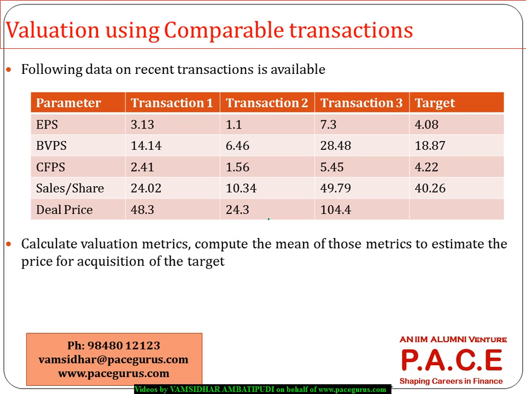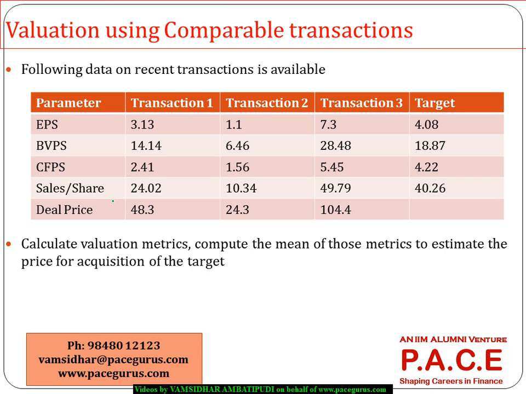And the third set of valuation which we generally get into is the valuation using comparable transactions. Here we are not looking at comparable firms, but we are looking at comparable merger transactions. Probably whatever are the recent merger transactions that have happened, preferably in related industries itself. If there are any in the recent past, I take those transactions and from them try to find out what should be the price for this particular merger.